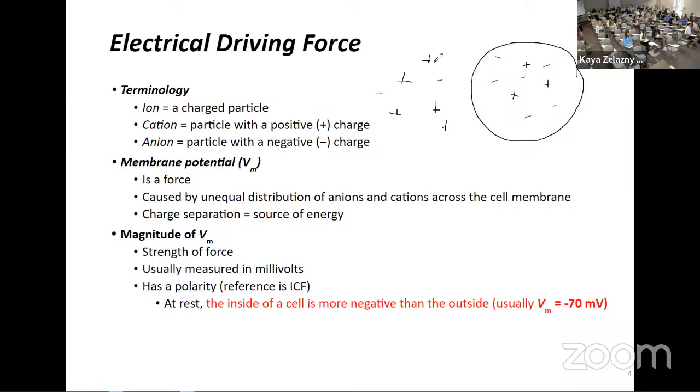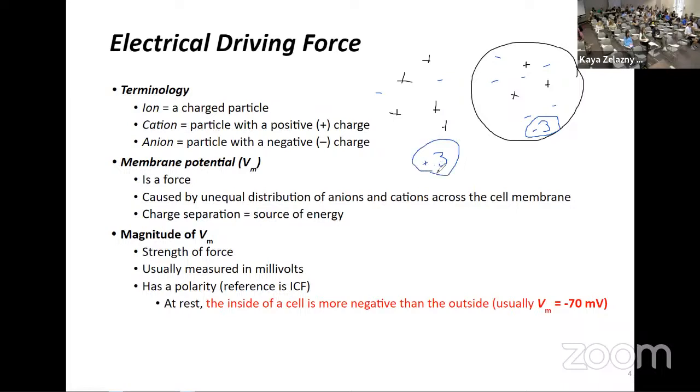So 1, 2, 3, 4, 5, -2, end up with like 3. Okay. And here we have 1, 2, 3 versus 1, 2, 3, 4, 5, 6. All right, great. So if I counted right, you'd end up with -3 inside the cell. So we can add up together these charges, and this difference between our -3 and our +3